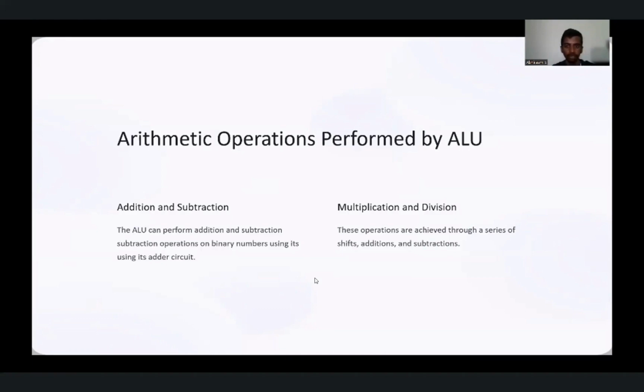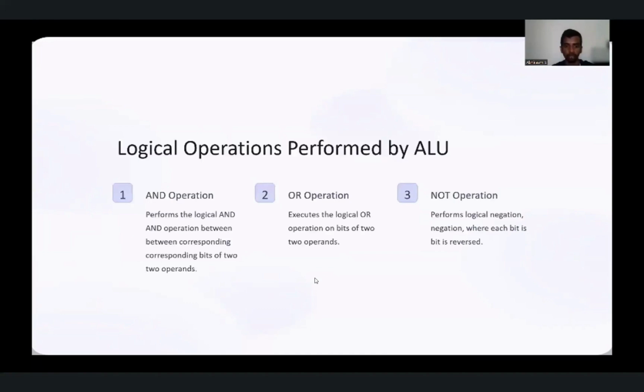The addition and subtraction are performed using the adders and subtractors circuit, whereas the multiplication and division are achieved by a series of shifts, addition and subtraction. And the logical operations performed by the ALU are nothing but the AND operation, OR operation, and the NOT operation. So, AND operation basically is